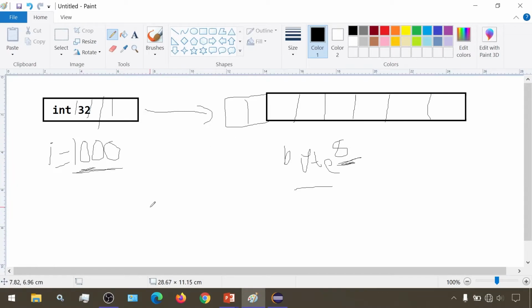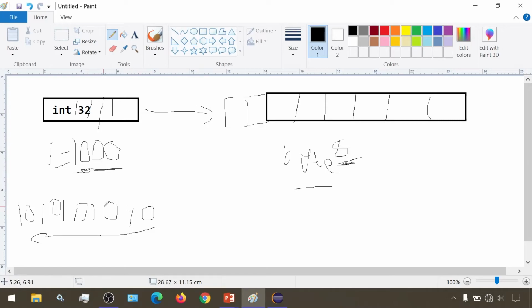Suppose this is the binary sequence of the number 1000. Then what will happen is 8 bits from the ending, or trailing, or from right to left, in this direction, will be counted and taken.